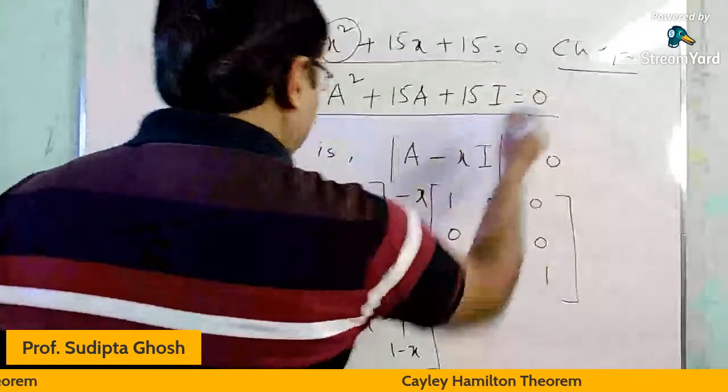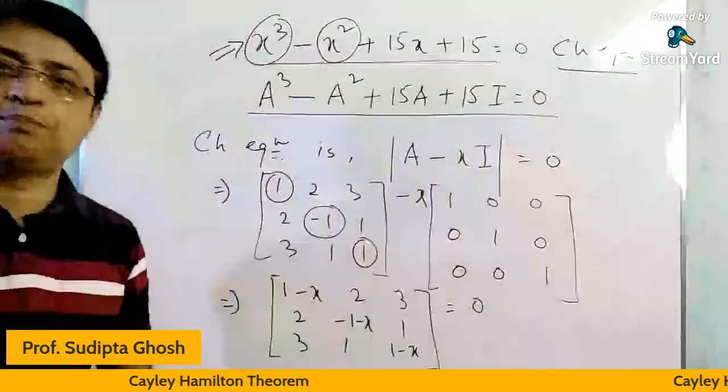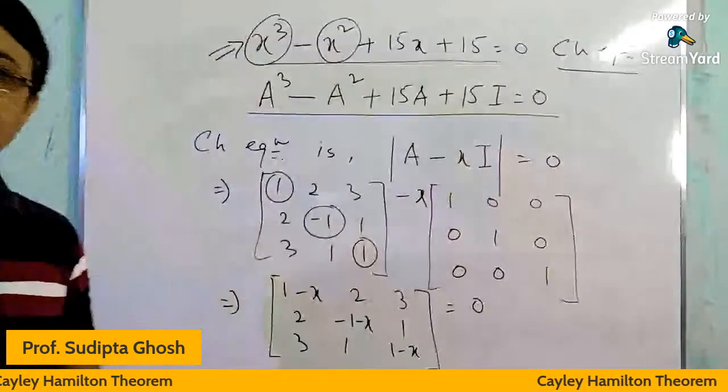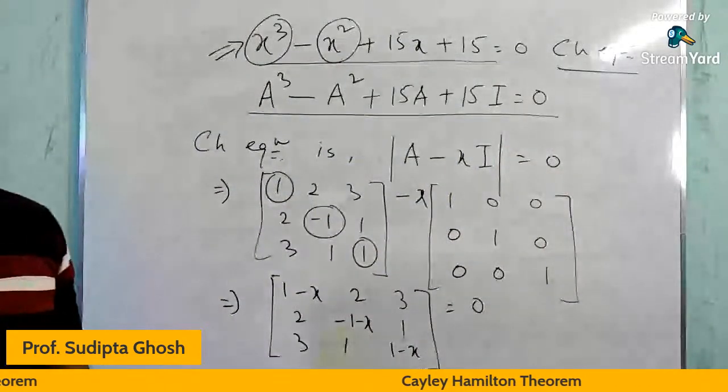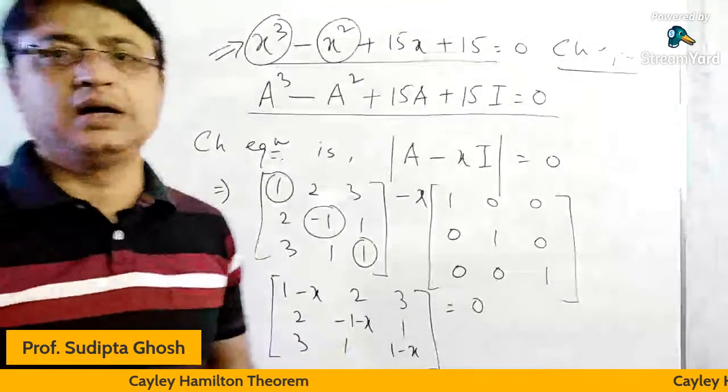So you have to verify that A cube minus A square plus 15A plus 15I equals 0. It is a laborious problem, I think,